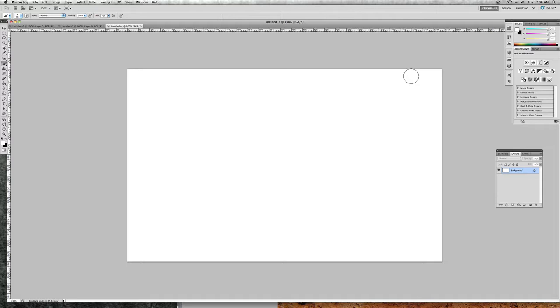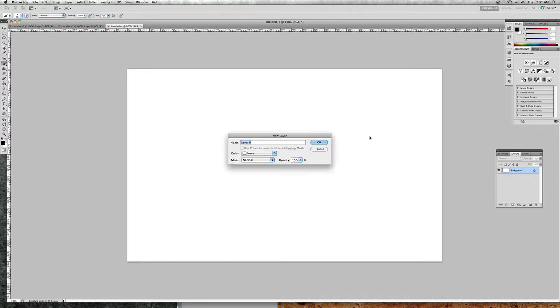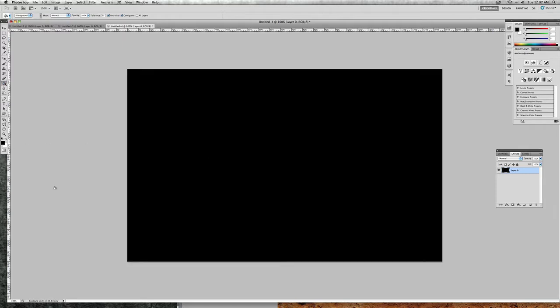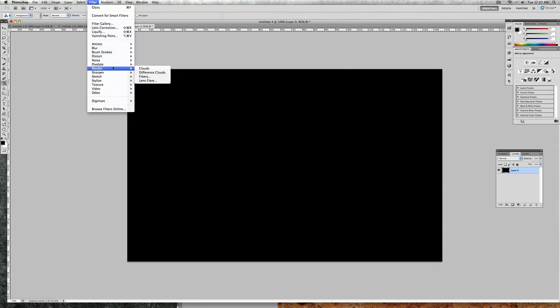I'm going to start off by switching my color palette back to the default black and white by hitting D on my keyboard. And I'm going to unlock my background layer by double clicking it, just clicking OK. And I'm going to fill the background with black. So I'm going to take my paint bucket, make sure I have black chosen, fill it, and I'm going to go up to my first filter, which is going to be Filter. We're going to go to Render Clouds,